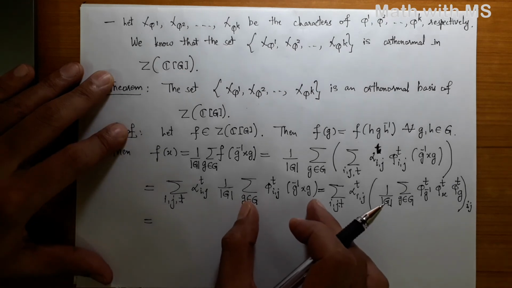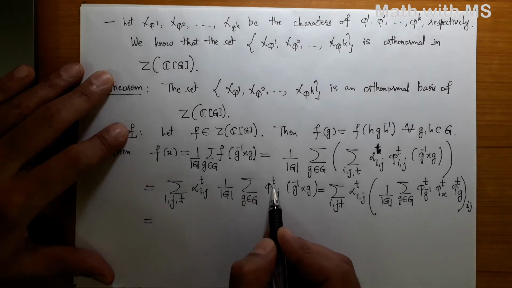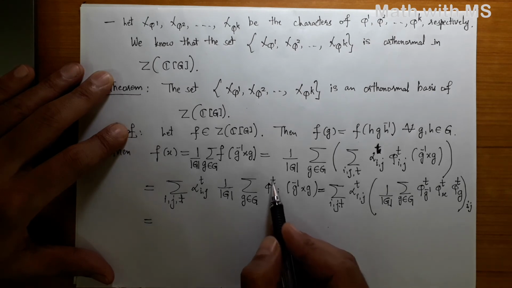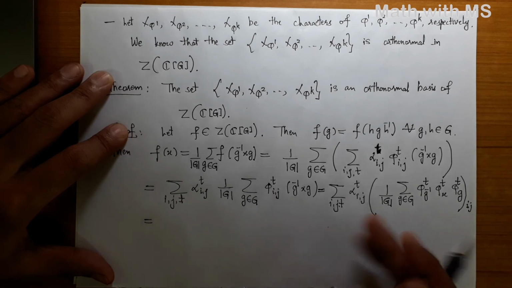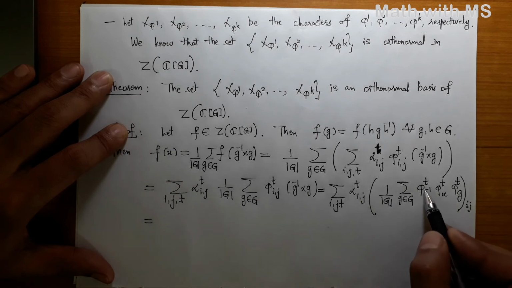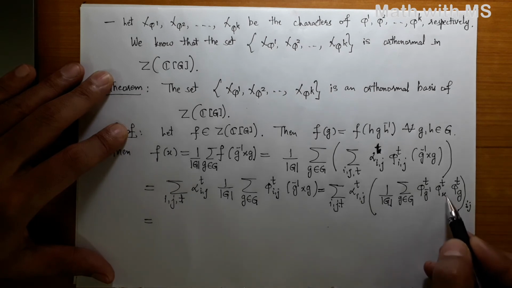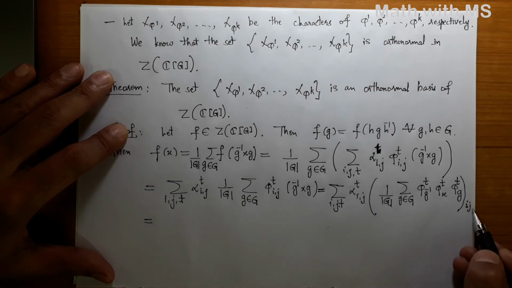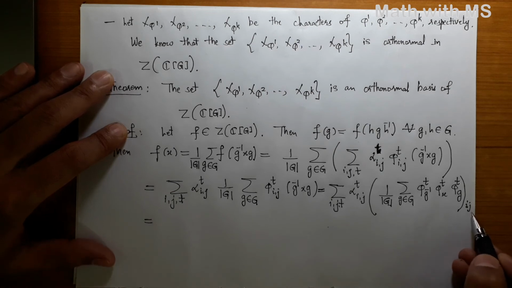Now pay attention here, phi_t is a group homomorphism, okay? Therefore the value of the ijth coordinate function of phi_t at g^-1 x g can be written in this form. So phi_t of g^-1 x g is phi_t of g^-1, phi_t of x, phi_t of g, and its ijth coordinate function value at the ijth coordinate function.